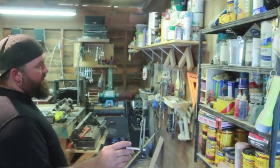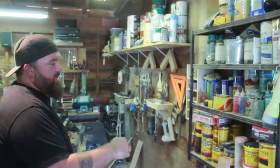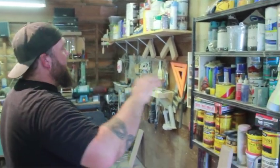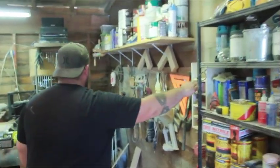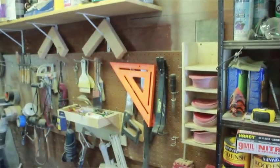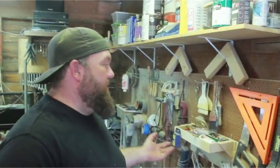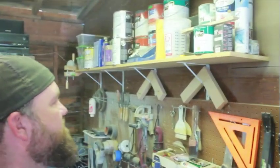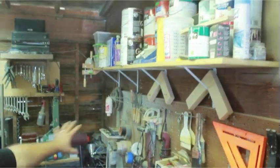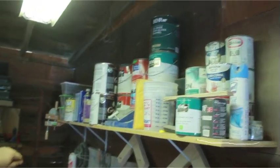I've got some storage on the wall for all my lacquers and stuff, and polyurethane and stains and all that kind of stuff. Got my little sandpaper caddy. A little bit of a tool thing here, just random. A lot of people don't like the pegboard, but I actually really like pegboard. It's easy to rearrange and do stuff. So I've got some tools on there, and then up above it we've got lots of paint, and this is some